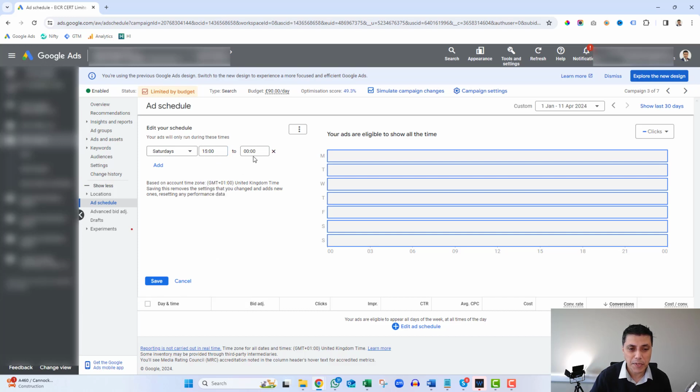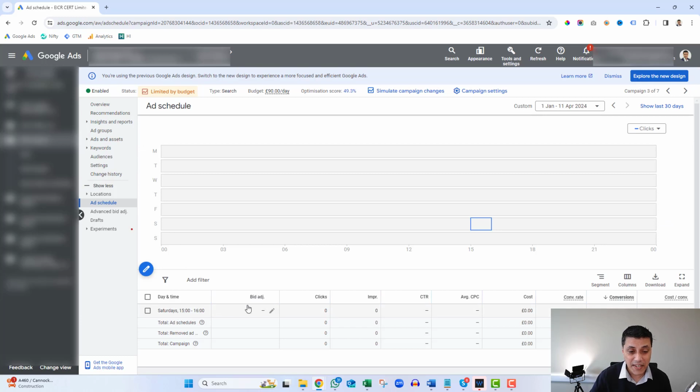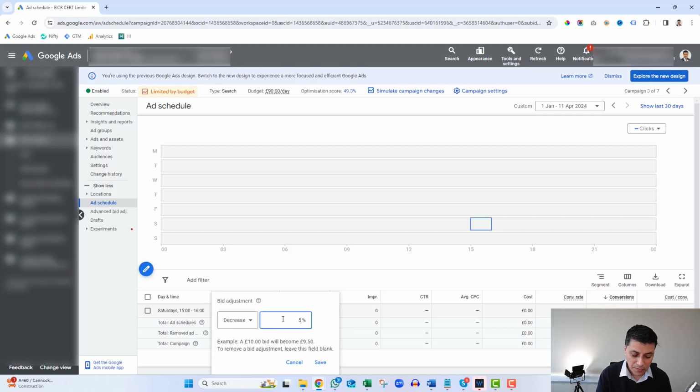So I can say 3 p.m. to 4 p.m. I can do this, and I click on save. Sorry, I will delete it anyway. And then what I can do is put a bid adjustment on it. So I can say put a negative bid adjustment of, for example, 50 percent, and I can save that. So that means that between this hour, my cost per click will go from £10 to £5, as an